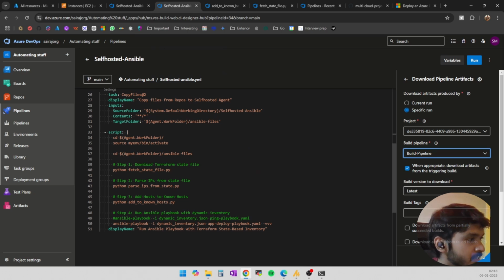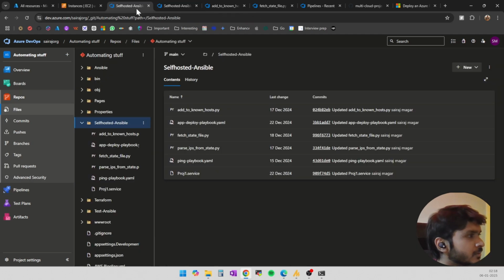And once everything is ready and set up, we'll be running our Ansible Playbook, which is going to run a deploy playbook YAML file, the app deploy playbook, on a dynamic inventory. So I'll also show you